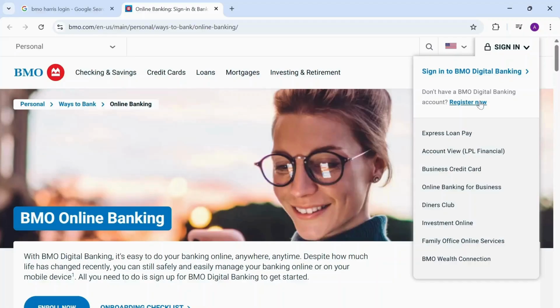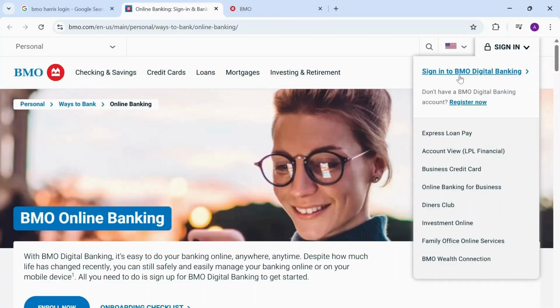Now if you do not have an account, there is also an option to register now. So you can register for BMO online banking from here. So you can do that, and after you create an account, you can come back here, tap on sign into